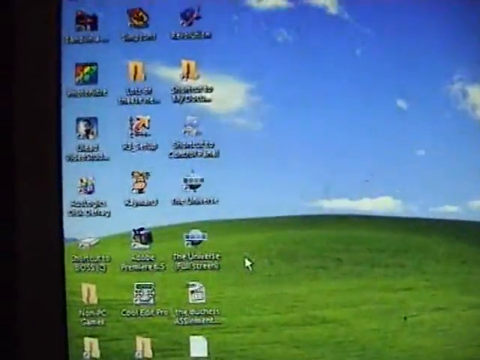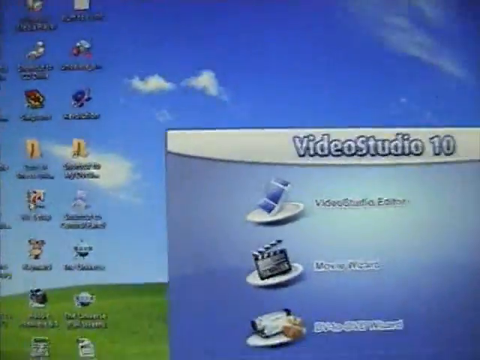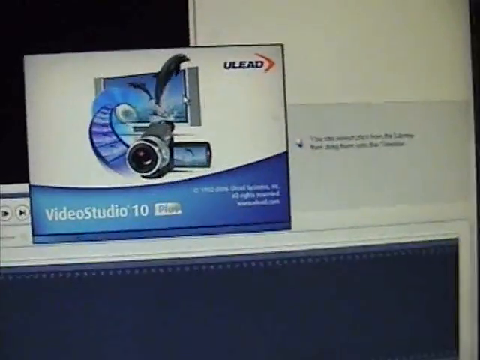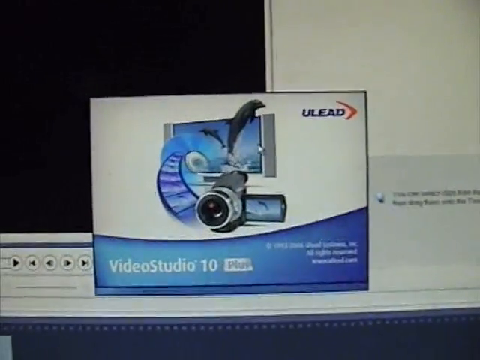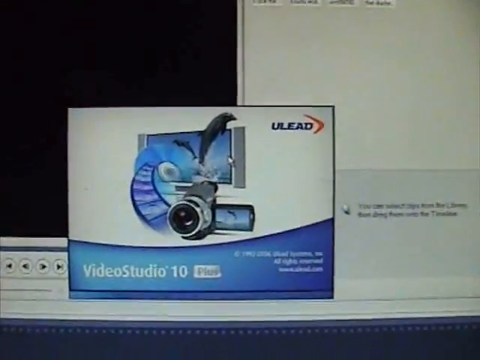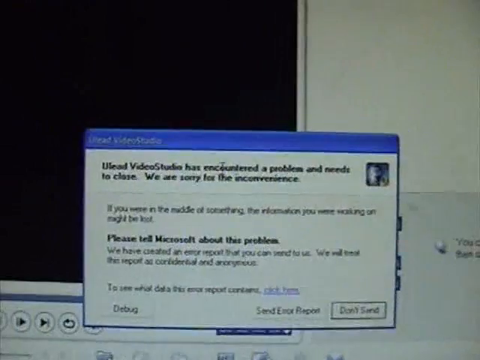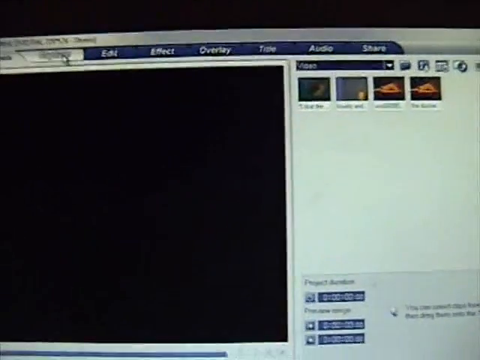Now I have a similar problem in ULEAD Video Studio. So we'll just load that up right now. There it goes, and it's loading. And at a first glance, you think it's going to be alright. It's loading itself up. And then this happens. Another error appears. Now I've got to make this quick because I've only got 3 minutes of tape left, so I've got to hurry. So if I ignore the error,